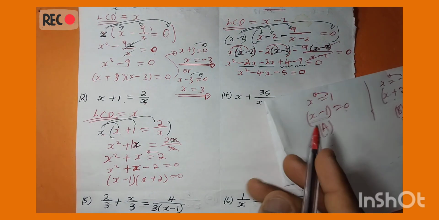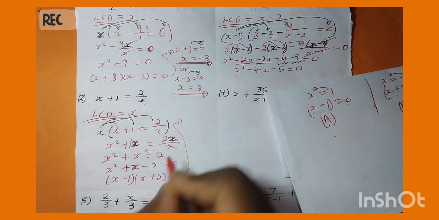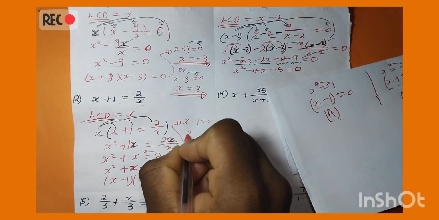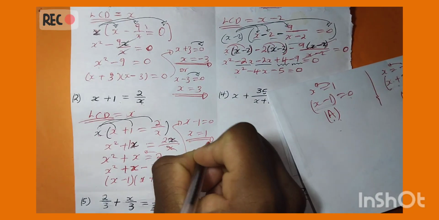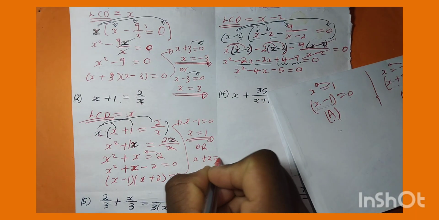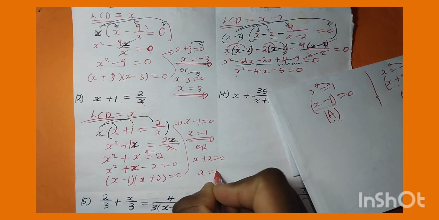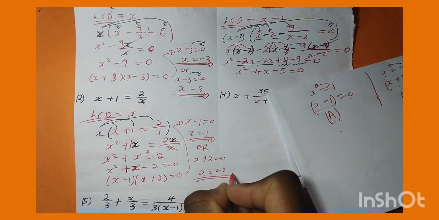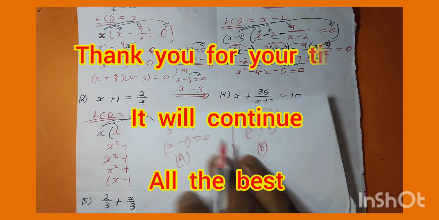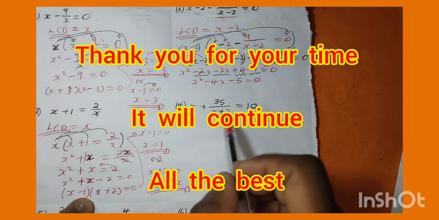Do you see? Then you take this thing there, you solve it here, you equate each bracket there by what? By 0, and then you solve there. This one is your first answer. Then take that bracket there, you equate it by 0. This one is your second answer. Do you see? And even your calculator, they told you which one are the answers. Do you see? Then what about for this